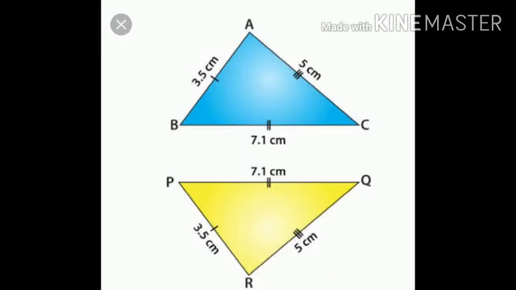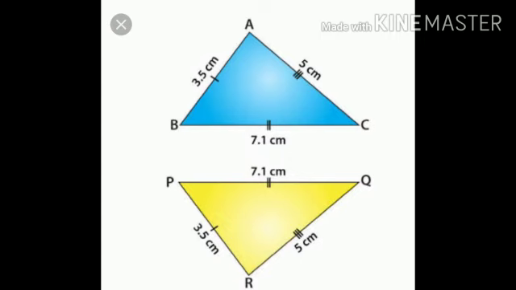Okay then students, I will give you two triangles. Triangle ABC and triangle PQR. So here your duty is to name the congruent triangles according to their sides. Okay, sides are given. Look at the measurements. As per this measurement, you have to note down what are the congruent triangles. In the next session, I will ask you what are these congruent triangles.